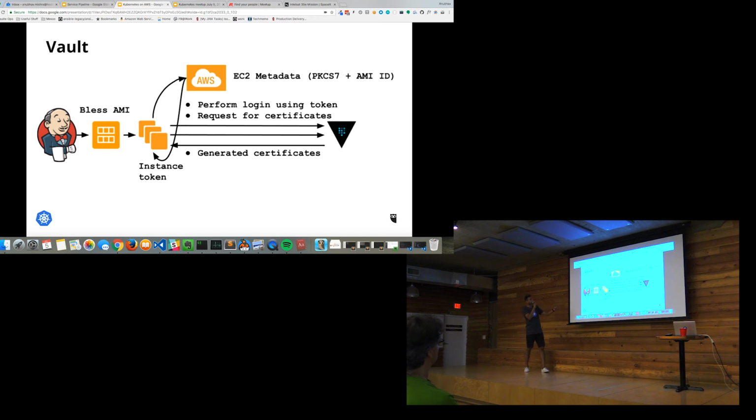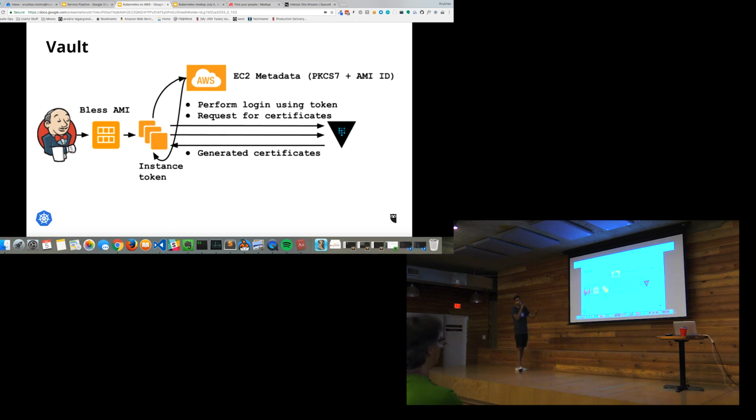Then in Vault, there's something called the EC2 auth backend. What that lets you do is use the Amazon EC2 metadata. You use a combination of PKCS7 and AMI ID to say that when the server comes up, it says, hey, I'm a legit server, I was provisioned by Amazon. Once it says that to Vault, Vault can give it a token. This token is mounted on boot. As soon as the service loads, the first thing it does is this login. As soon as you're logged in, you have a token. It's valid for, I think, 8 days, and we can rotate it as we want.